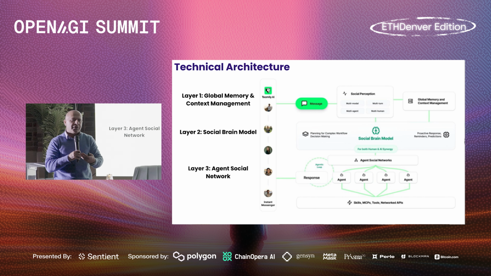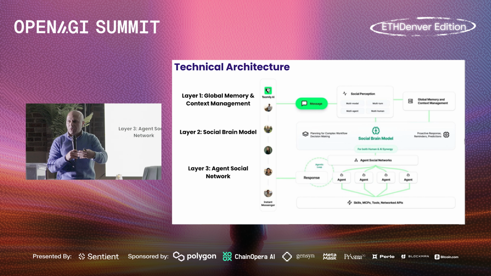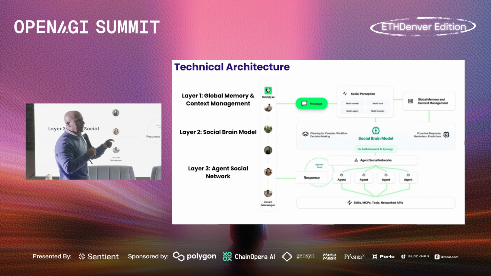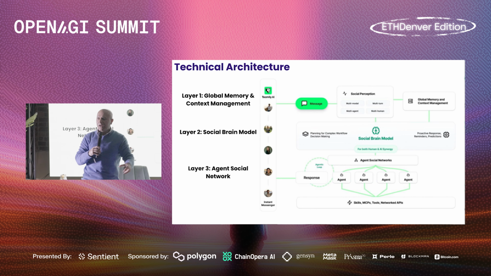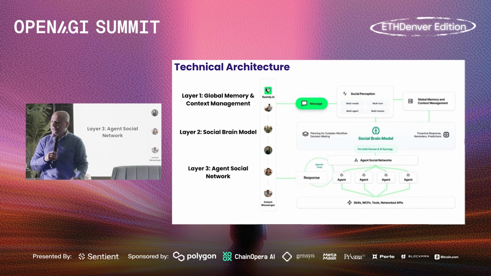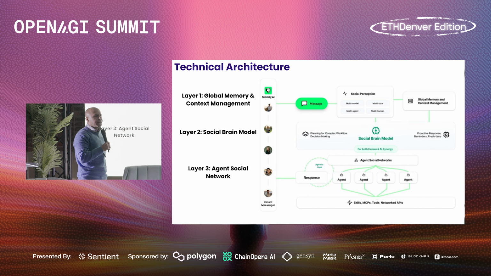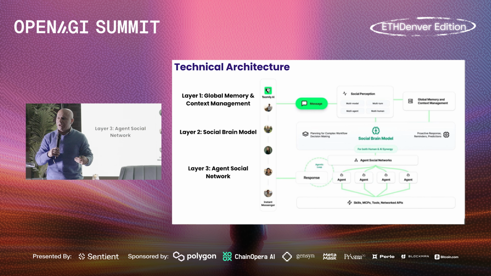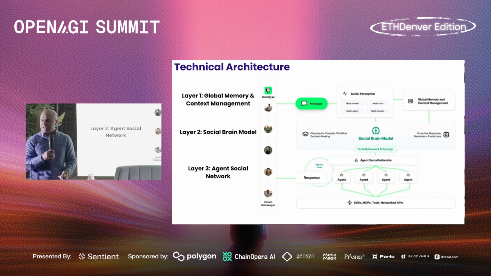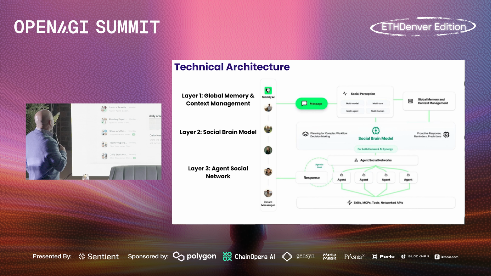For example, many of it will require parallel processing, sequential processing, or in general, putting a DAG together for completing a complex task, for example, a web page construction. And then the agent social network, that's the layer that is creating the agent collaboration, execution of those agents. You put them all together,